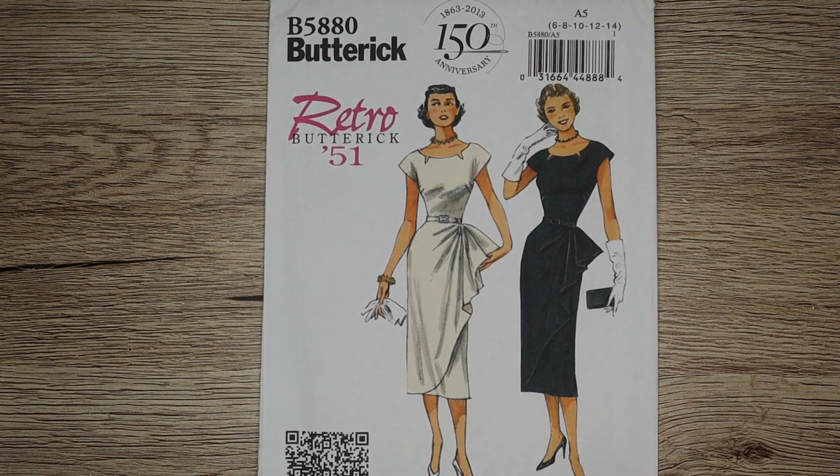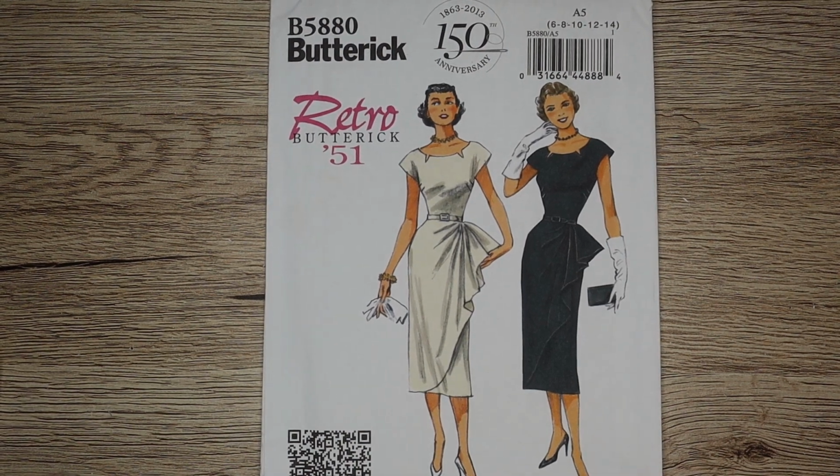And the last of the patterns that I haven't made before but that make it into my top 10, coming in at number 8, is B5880, and it's again a retro Butterick, but this one from 51, released during their 150th anniversary set, I believe. It's B5880, this lovely fitted kind of going out night dress thing, and I would love to make it for